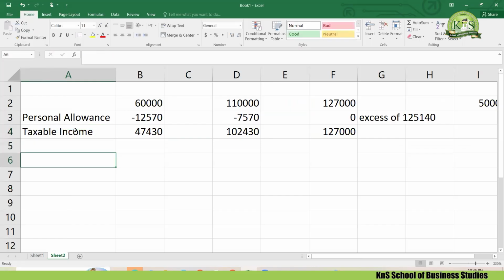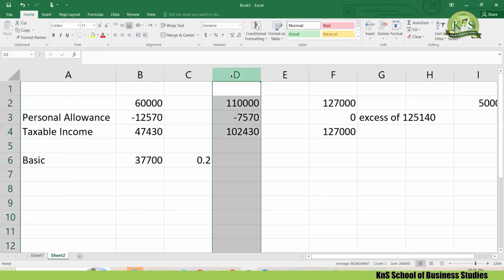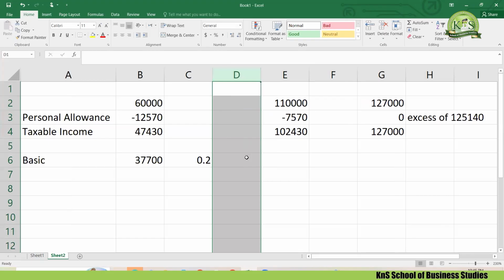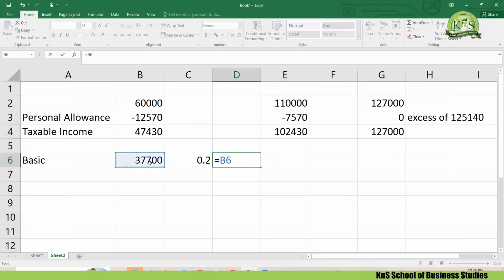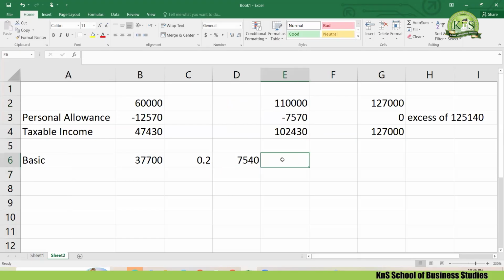Now we will put the rates. So first we will put the basic one. I'll have to take it a bit over there. Let me just add one more column. Similarly, for this as well, the same approach would be there. Basic, and here as well, basic. You can mention it like this.